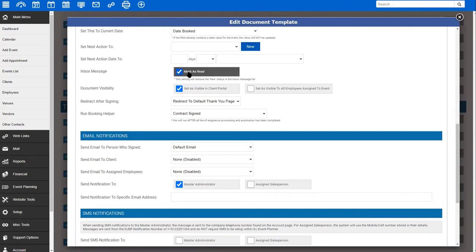Inbox message, mark as read. This is a very small use case. If you don't want to see the contract notification as new inside your DJEP inbox, you can mark it as read automatically. Document visibility, I like this one because with it checked, as soon as the document is signed and countersigned,